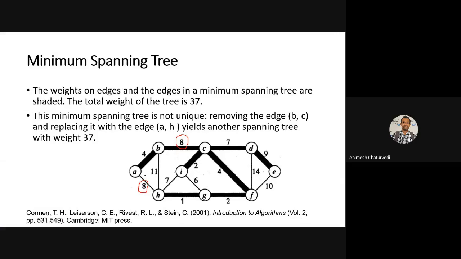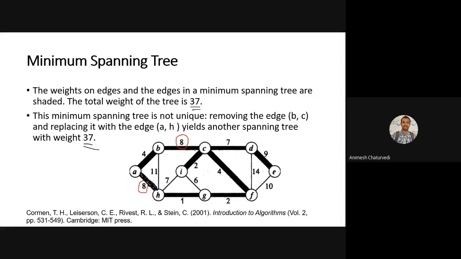If you form an edge from A to H, then A and H become part of a minimum spanning tree, and you still have 37 as the total minimum spanning tree weight.